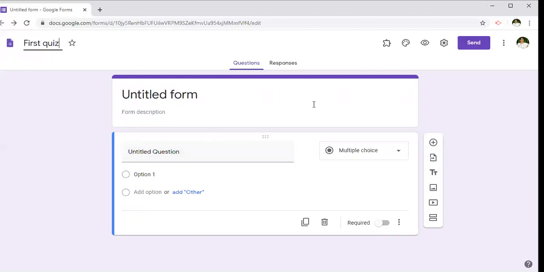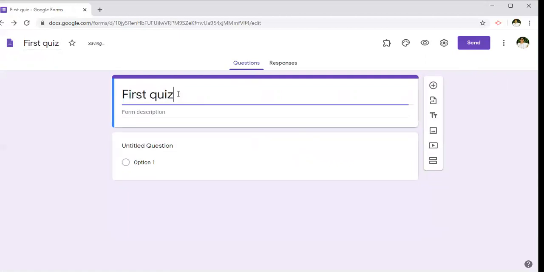So here is the format. So this is untitled. So give it as first quiz, or you can write the name of your college or institution or whatever quiz you are conducting, you can write it. So I'm going to write it as GFGC and PG Center Dharwad.